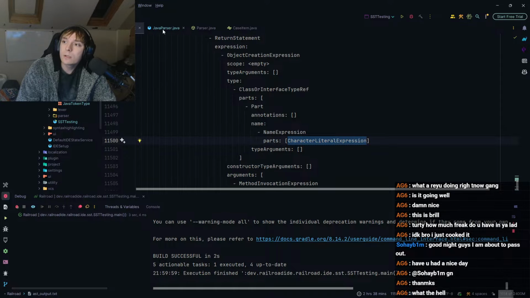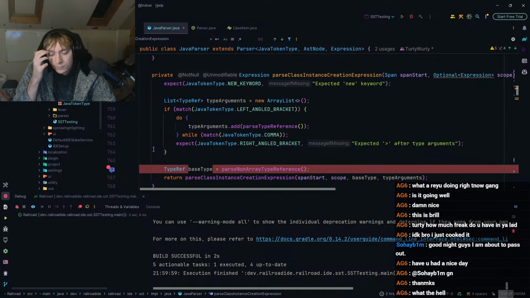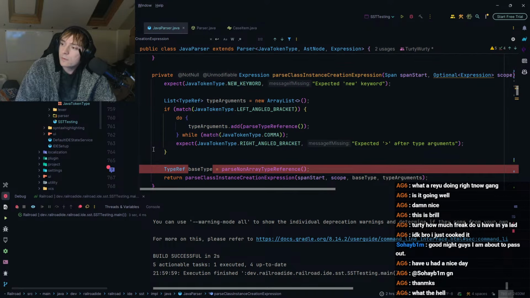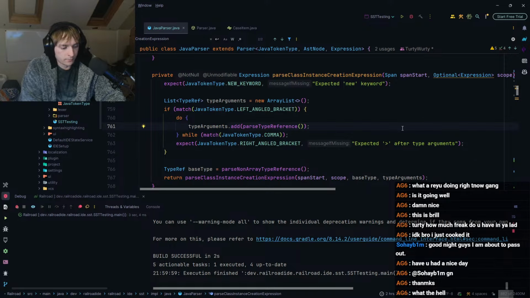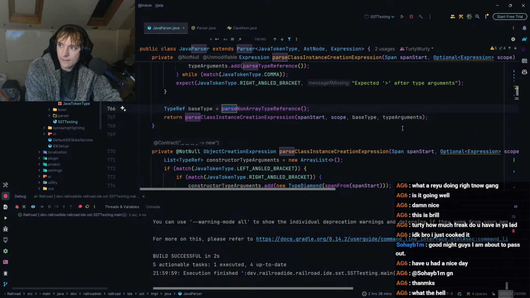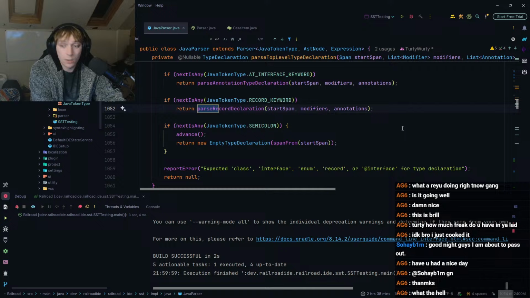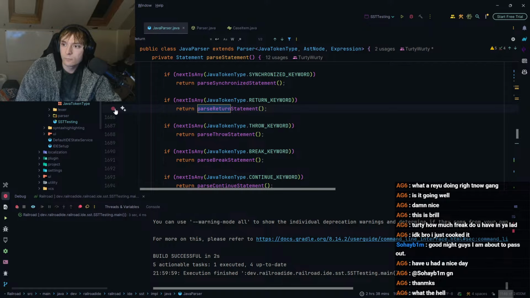Okay, maybe there's a different solution. Maybe I could put a breakpoint where I know it will exist, which is parse return statement, right?